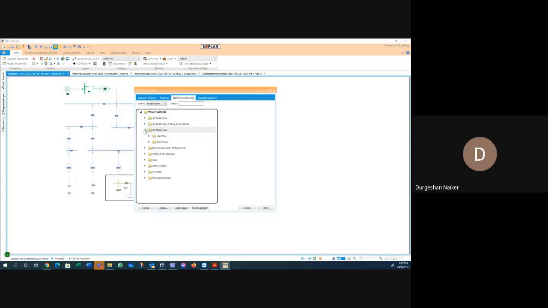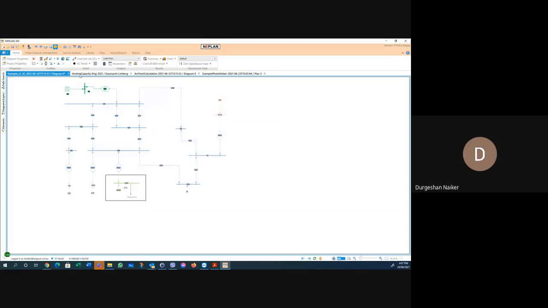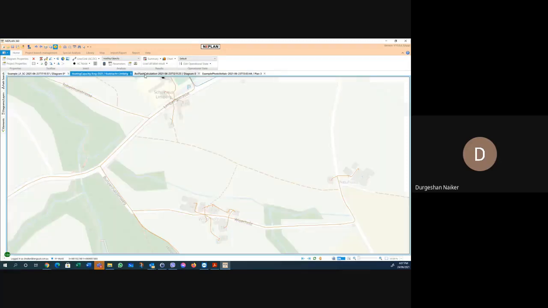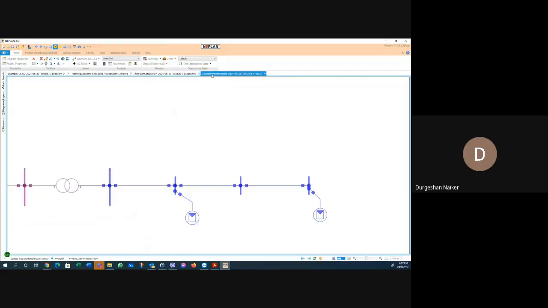Here are some DC steady state examples, dynamic simulations, and so forth. Map integration type of examples, protection studies, distance protection, all sorts of overcurrent protection, all these things are there. Okay, and some examples of renewable energy type examples. Anyway, I will not open any of them, but I'll just say, look, what I did here, I've opened a couple of examples that I will run through and show you